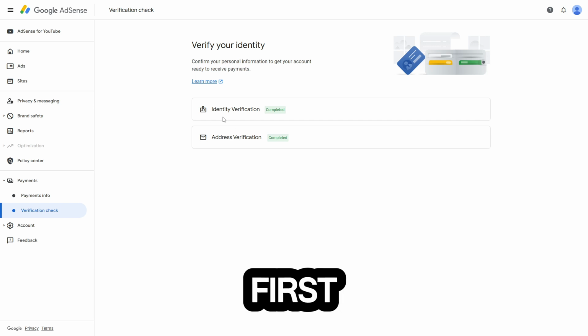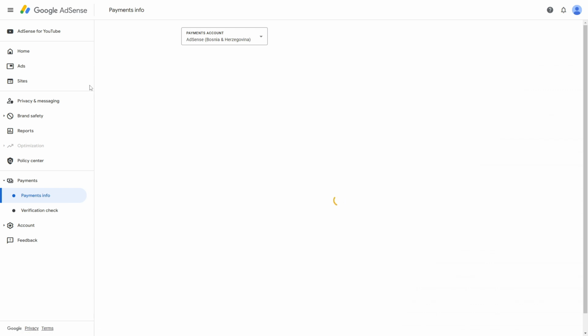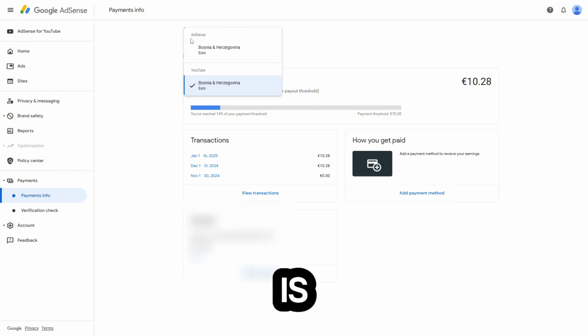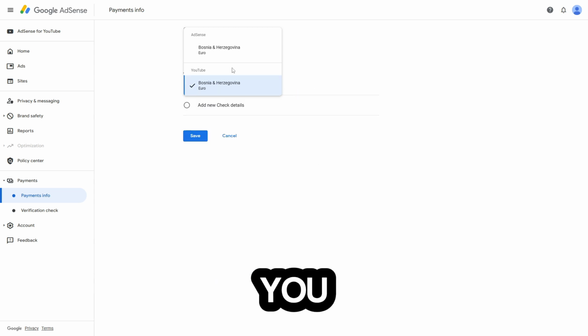Obviously you have to do the ID verification first, and then the address verification. Obviously it's the same country, and when you get the PIN, also you can switch here between these. So AdSense is for ads, and this is for the YouTube ads. YouTube is for YouTube ads. So you go to payment,